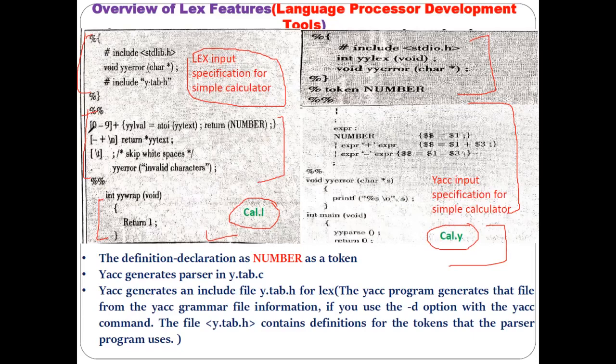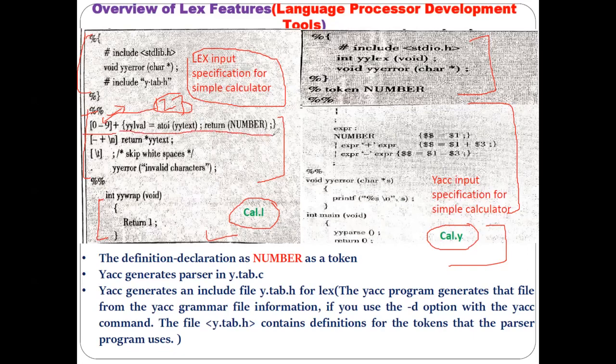Now here we have written two or three simple rules. The first rule is, in square brackets, 0 to 9, plus. What does this rule mean? It will match any number from 0 to 9, whether it is one digit or more than one digit. It means if you give the input 1, 2, 3 to the lexical analyzer after its generation, it will match here. Understood? Then what is this action part?